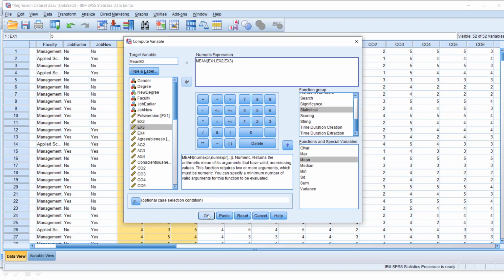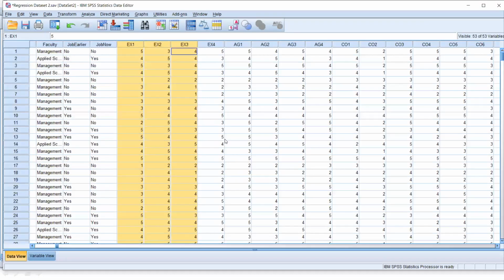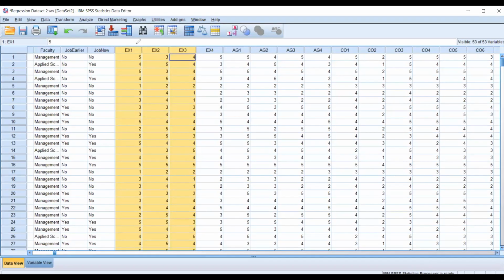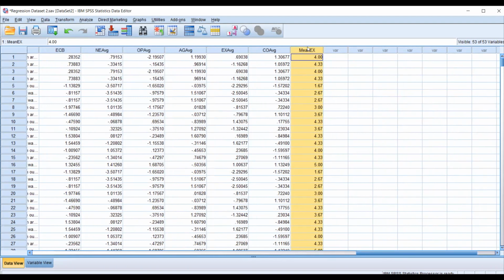Then I click OK, right? For the last one, don't insert the comma. අන්තිමකට comma එක දාන්න එපා. Right, that is a bracket close. Then click OK, right? If you go back to your data set, at the end you will see the mean of your calculation, right? So this indicates the average extension level of your respondents regarding the first independent variable. Right? Let's do the second one also.